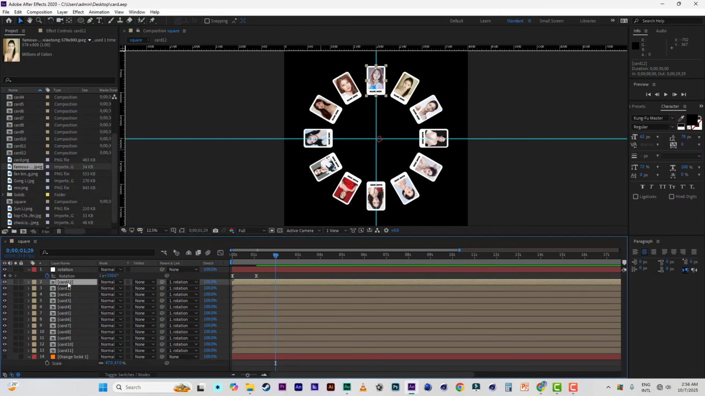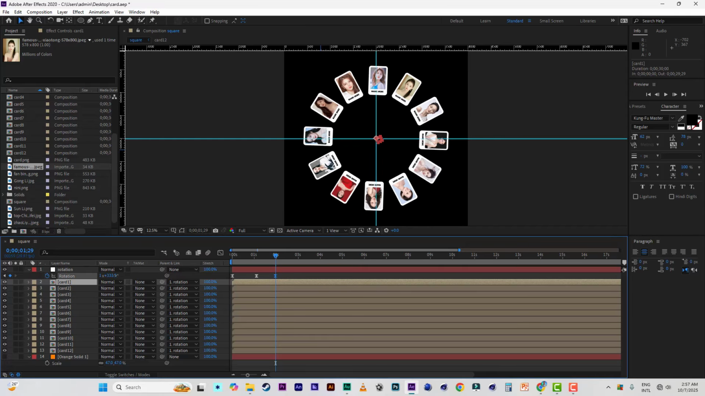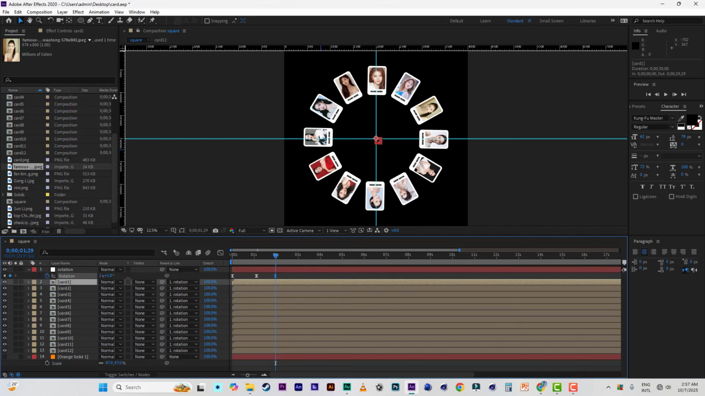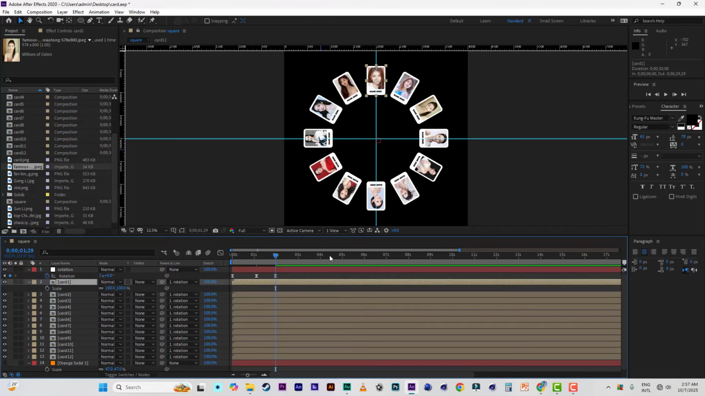Okay. So now we are coming to the card 1. So on 3 seconds, let's rotate it so that it will fall on the next image. Let it fall on the line perfectly. Okay, it falls on it perfectly. So on the card, press S for scale. So from here to here,